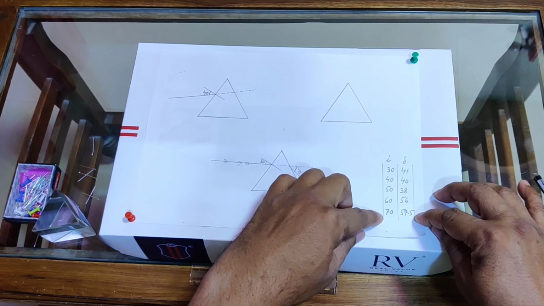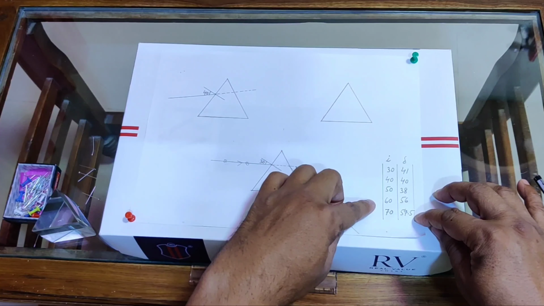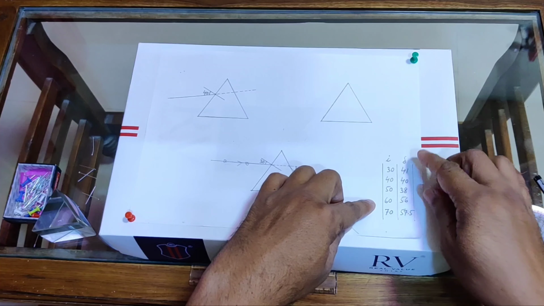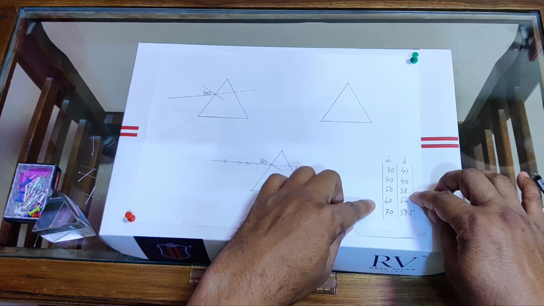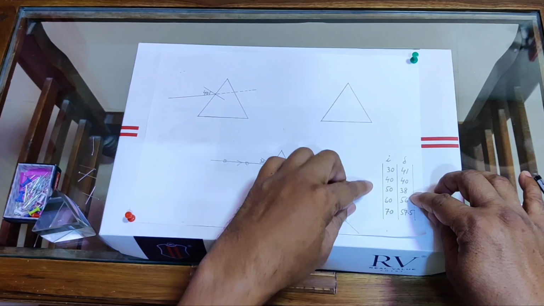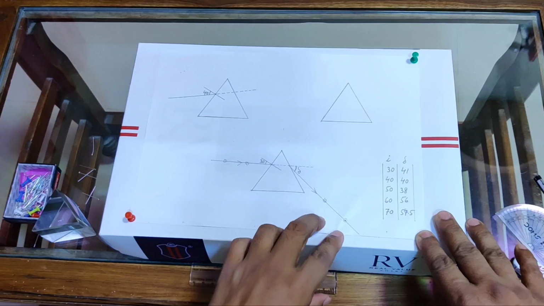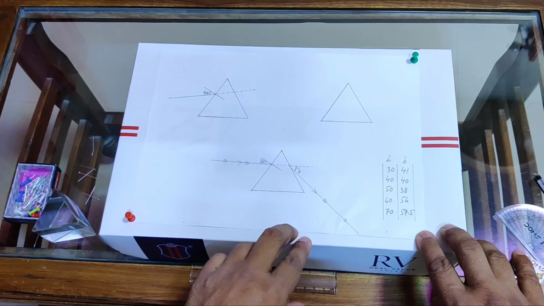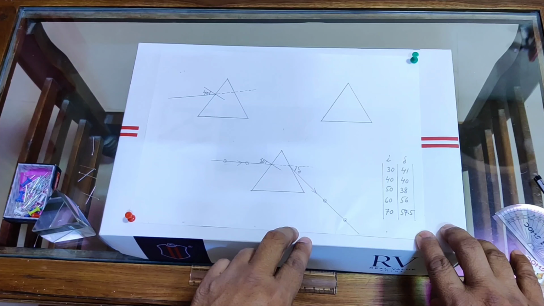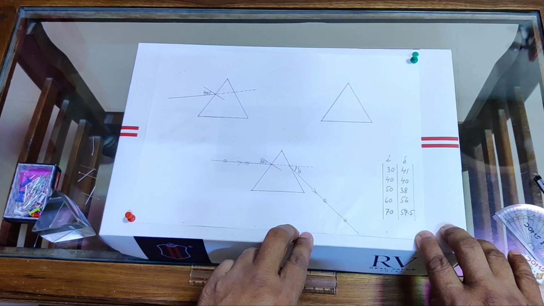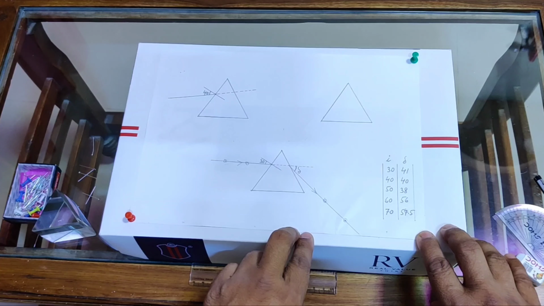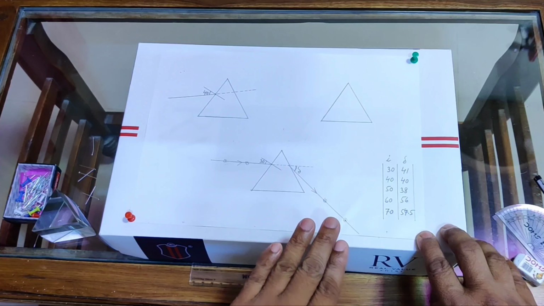This is the result: if I increases, delta decreases, it reaches a minimum value, and after that if I is further increased, delta now starts increasing. I hope things are very, very clear. So after plotting the graph, please write down the result, and then in the end there should be precautions also. So once again, let me tell you the steps.